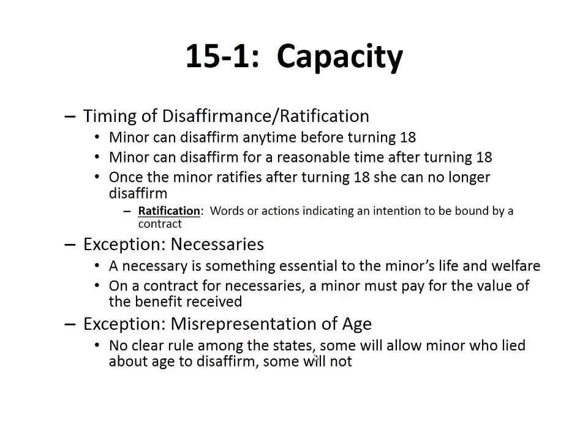A minor can ratify a contract after turning 18, and that reduces or eliminates the ability to disaffirm. Ratification involves words or actions that indicate an intention to be bound by a contract. There is an exception to this